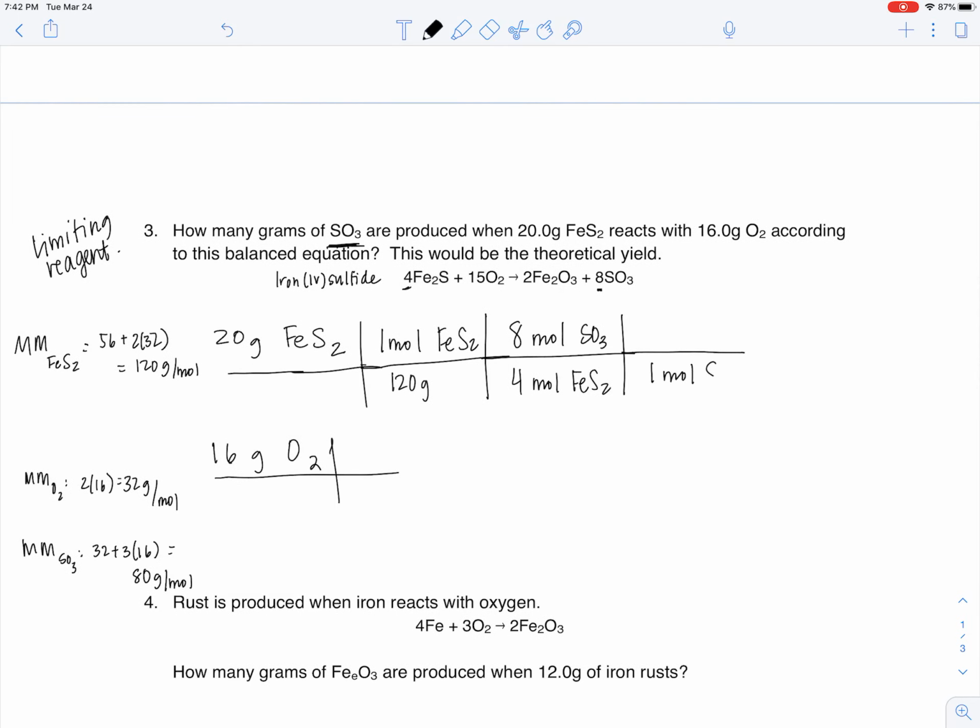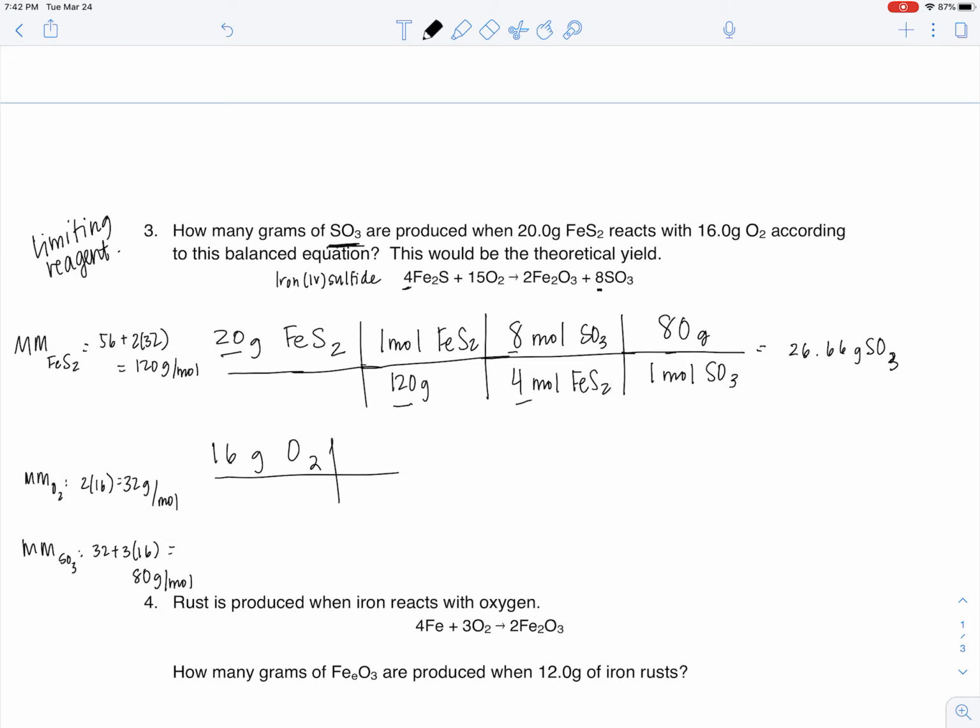And now we use our molar mass: 1 mole of SO3 is 80 grams. If I plug and chug 20 divided by 120 times 8 over 4 times 80, what I'm going to get is